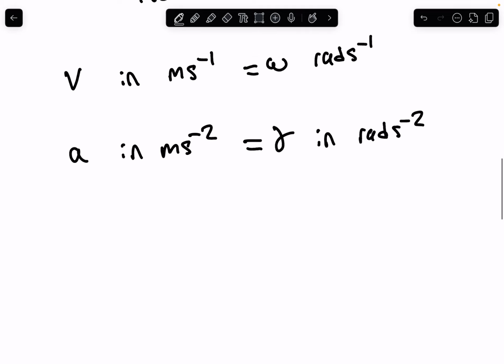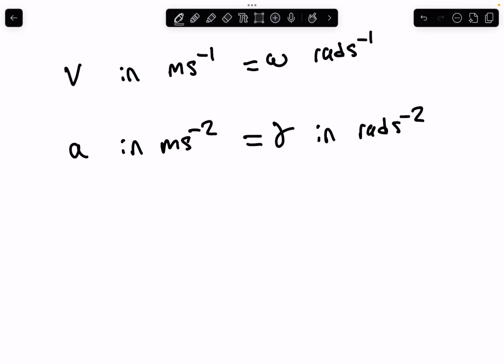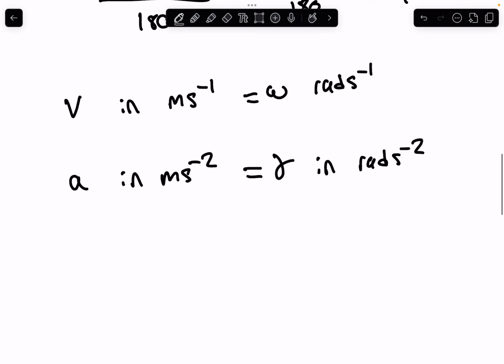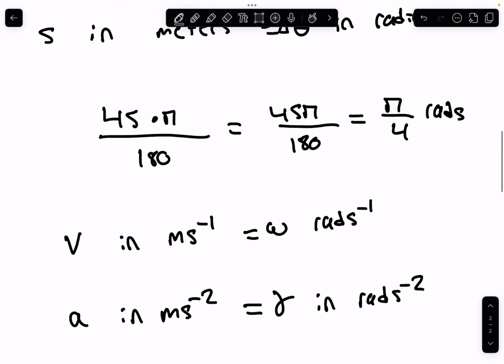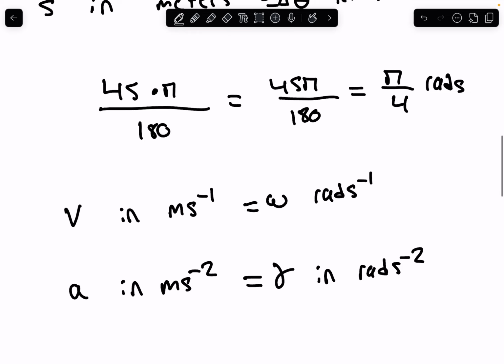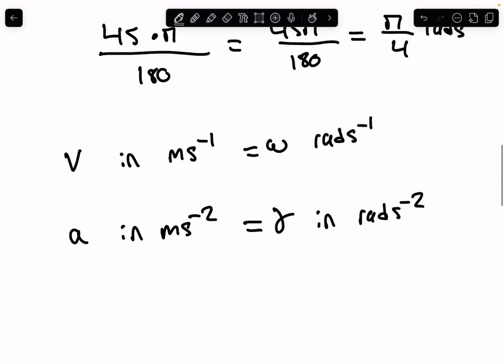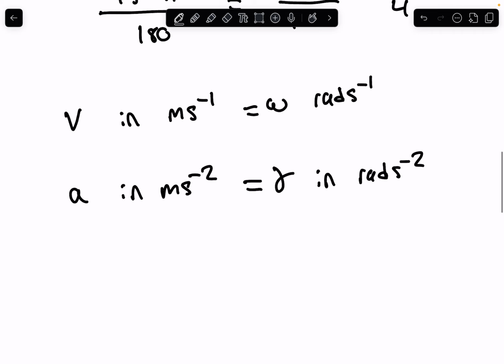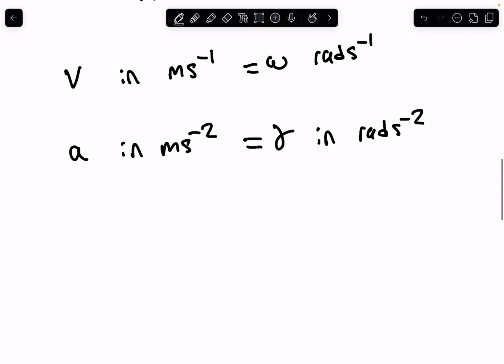Now let's go on to the SUVAT equations. The SUVAT equations are exactly the same, nothing different. The only difference is that instead of displacement, you'll be using theta, instead of velocity, you'll be using omega, and instead of acceleration, you'll be using alpha. So, for example, the first equation says delta theta, which is the change in the angle,